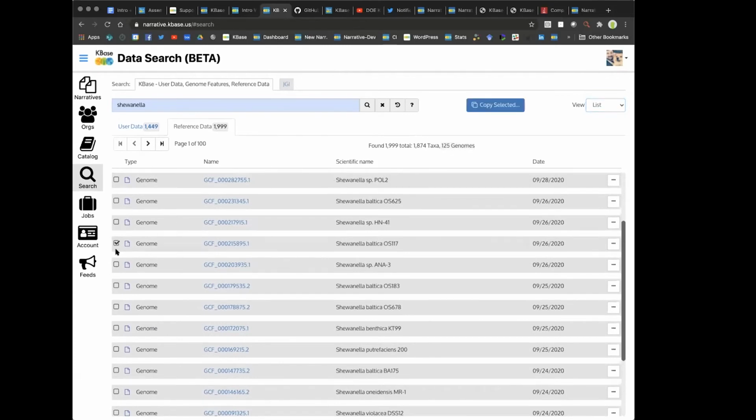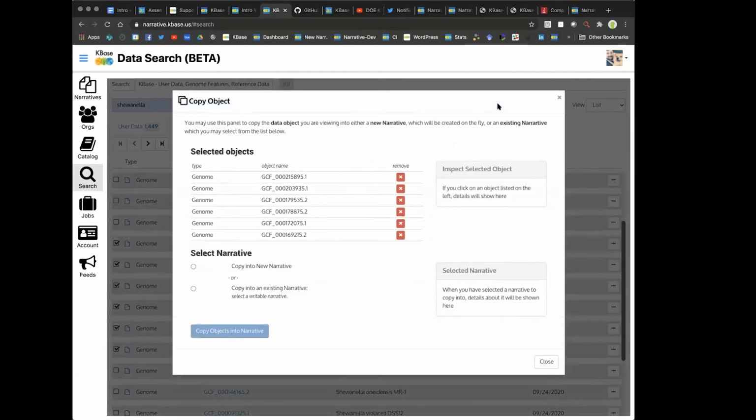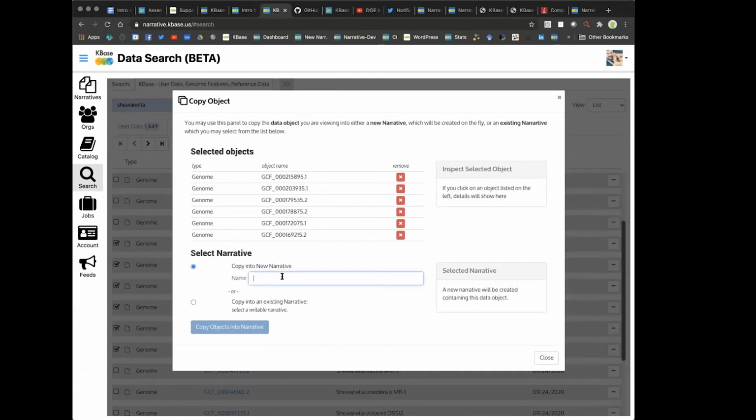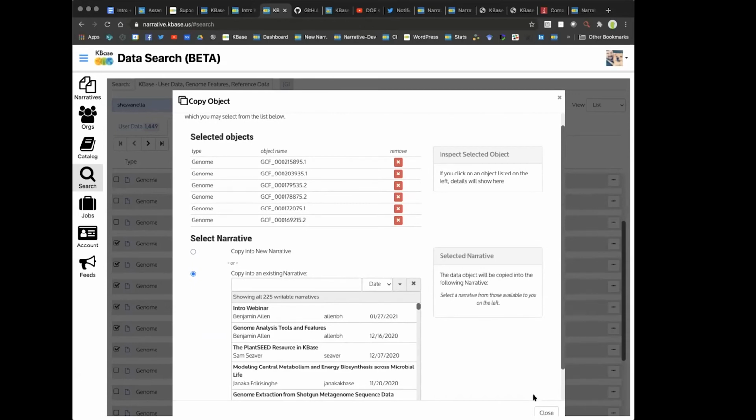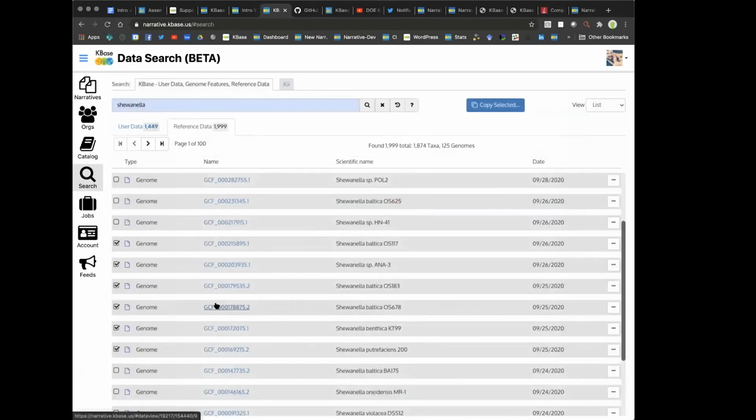So let's say I want to add them to a narrative. I'll just check these boxes here. And this blue copy selected button appears at the top where I can click it. And I see the objects I've selected, and I can either copy them into a new narrative, give that narrative a name, or I can just put them in an existing narrative. So that's two ways I can move this data around relatively quickly. So this view is a little easier to find and add data, if you're looking for public reference data,